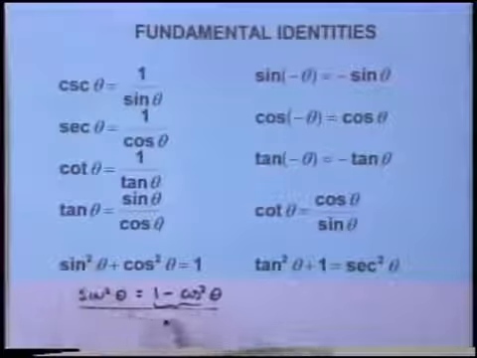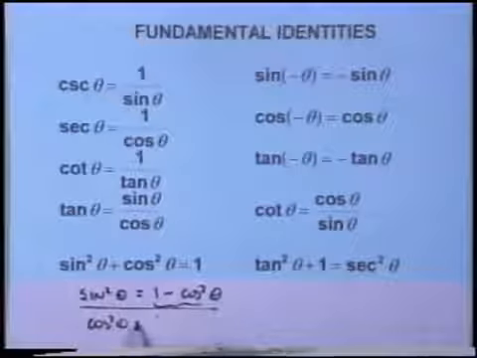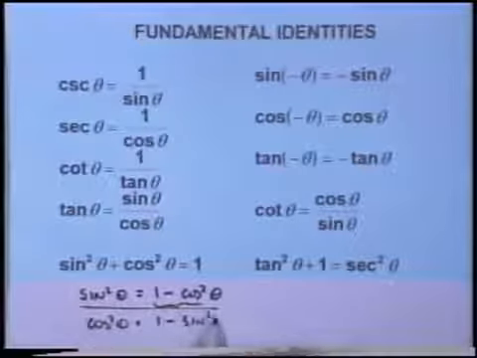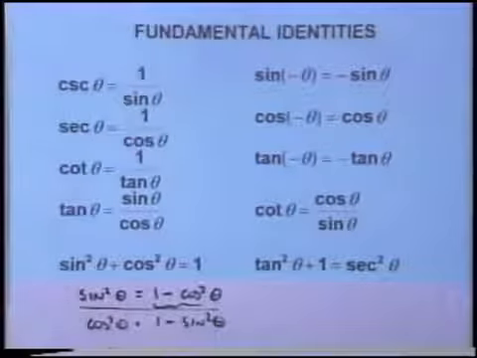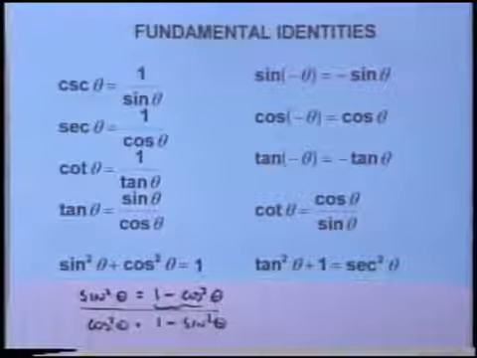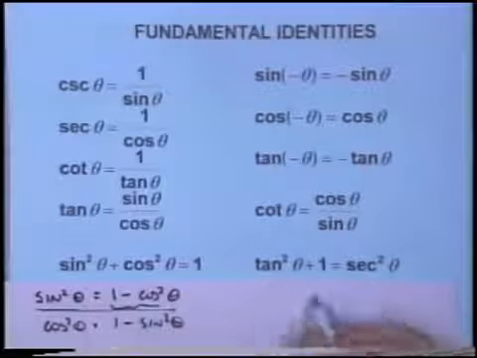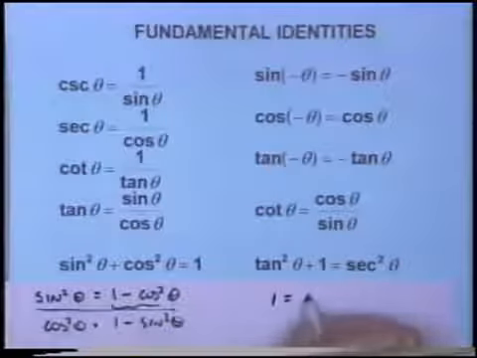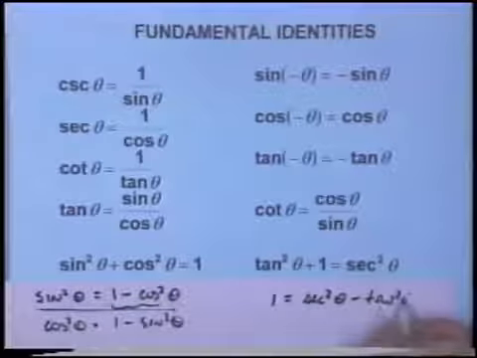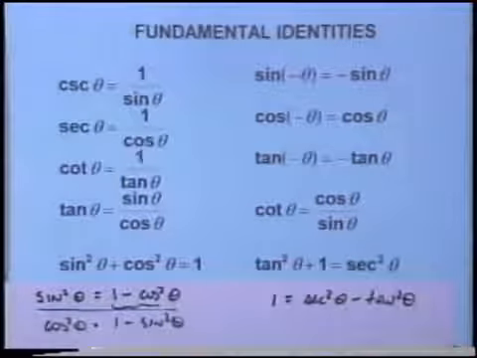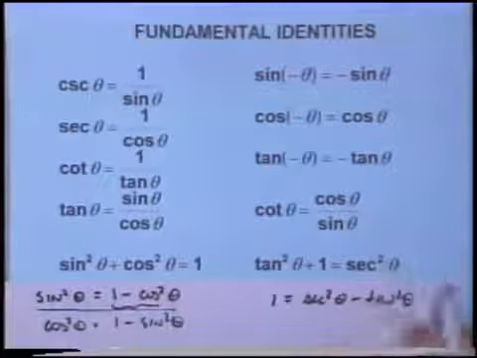Of course, you could also subtract the sine squared and have cosine squared theta equals 1 minus sine squared theta. These two are alternate forms of this identity here, and you'll want to work on those. Notice on our tangent squared theta plus 1 equals secant squared theta, if I subtract the tangent squared, 1 is equal to secant squared theta minus tangent squared theta. So another alternate form. Of course, you could also subtract the 1 and have tangent squared theta equals secant squared